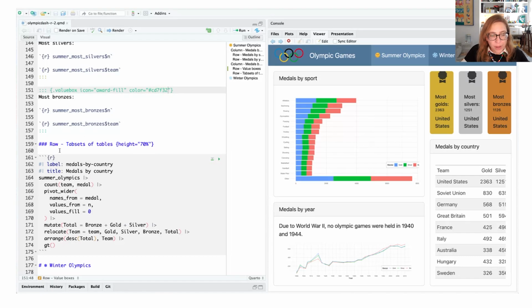So how will we go about doing that? Let's first of all split the calculation into two. So instead of medals by country, I'm going to update the label of this to say something like summer top 30 total medals.